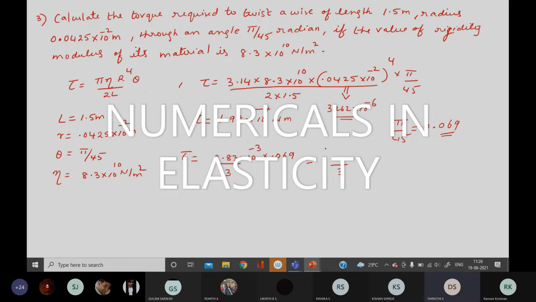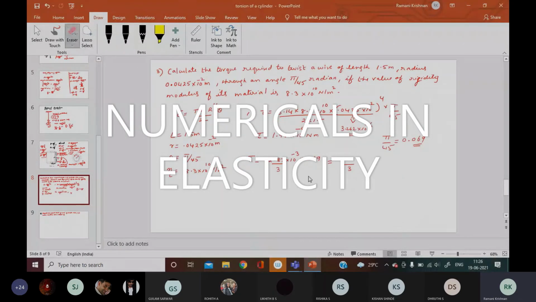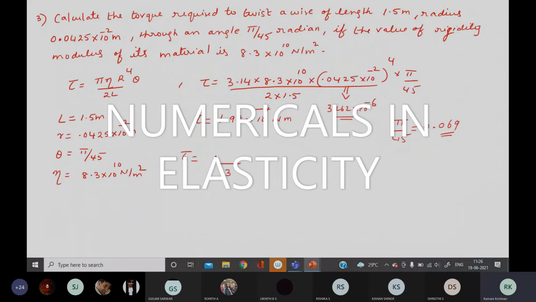Ma'am, we are getting 1.95. This value you tell me. There is no divided by 3. The whole thing is 2.83, ma'am. Okay, whole thing you're saying. No, I wanted only the numerator value because he's having a problem there. No, I said tell me the numerator value into pi by 45 also.